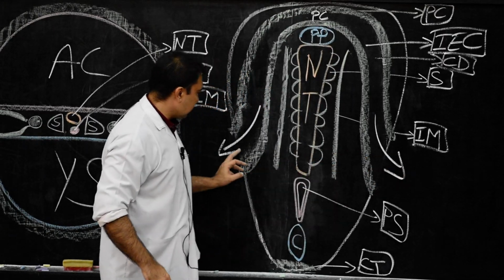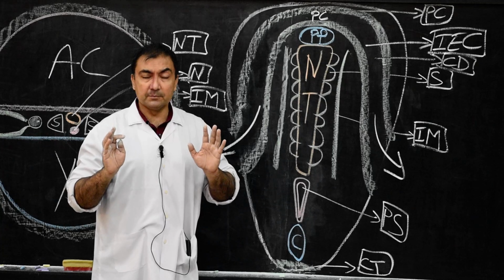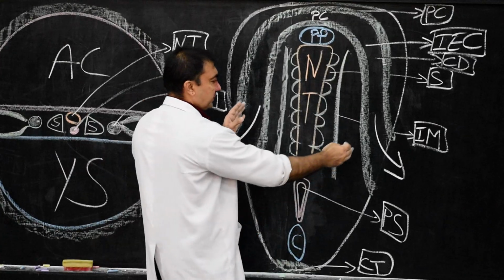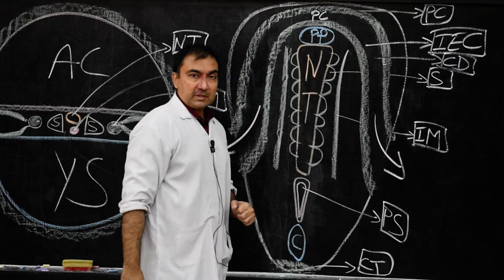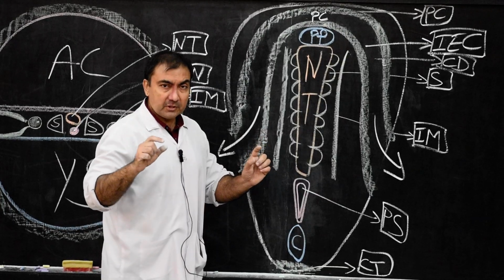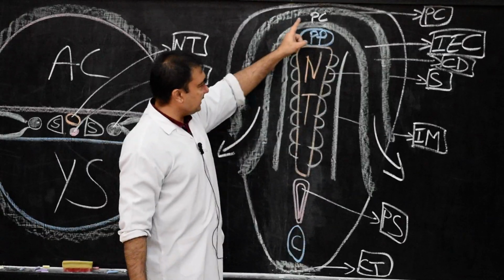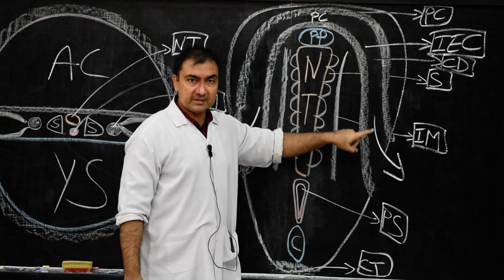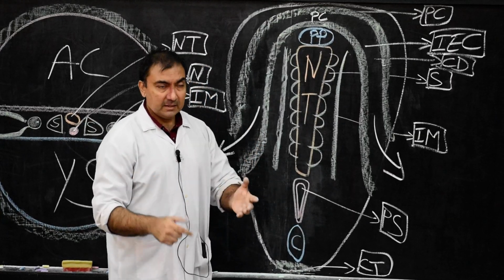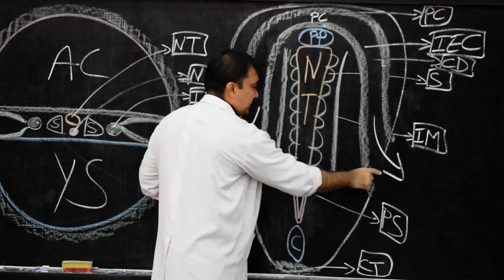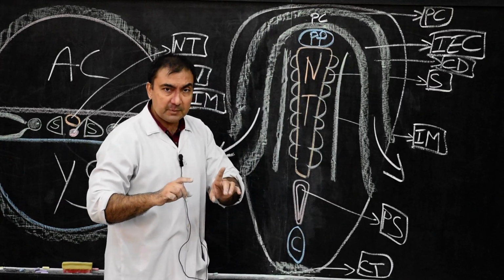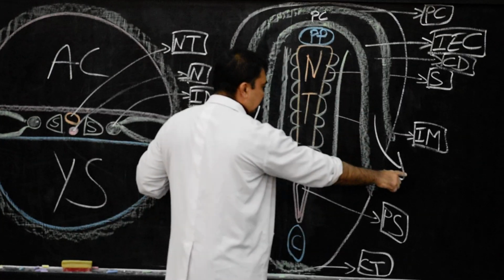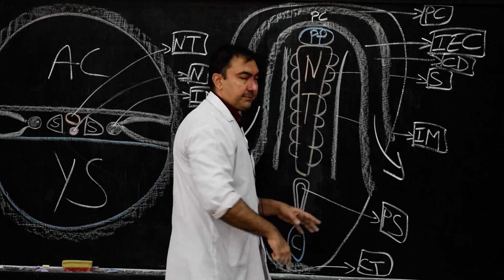Where I put the arrow, they are continuous with the extraembryonic mesoderm, the extraembryonic cavity. Remember the extraembryonic cavity, the chorionic cavity. Therefore, the fluid from the extraembryonic mesoderm will pass into and irrigate the intraembryonic coelom. It will provide nutrition to the intraembryonic coelom until the blood vascular system develops. So from the lateral plate mesoderm there is development of the intraembryonic coelom, and on either side it communicates with the extraembryonic mesoderm.